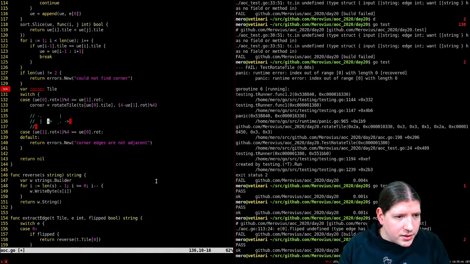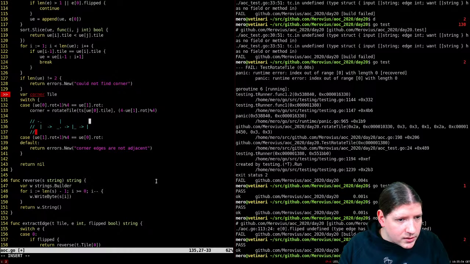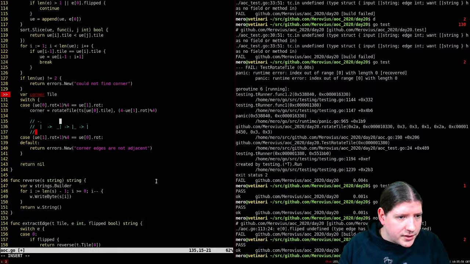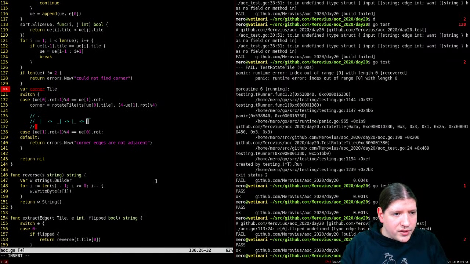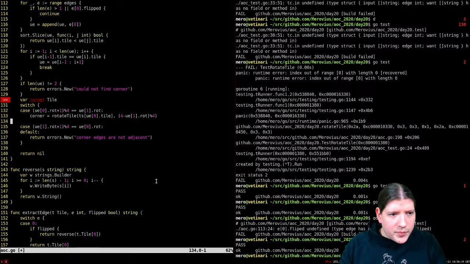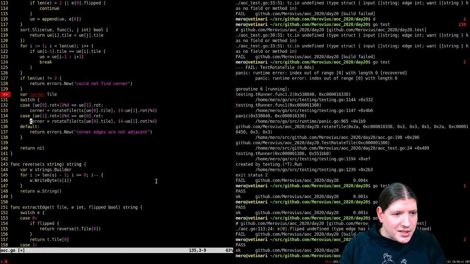So if this is 1, I want to rotate it once, and then rotating it again will lead to this result. Then rotating it again will lead to this result, which is basically where we want it to be. This is how we want to rotate the corner. So if ue1 is 1, we want to rotate it thrice to get to the position that we want. I assume this is unclear, but